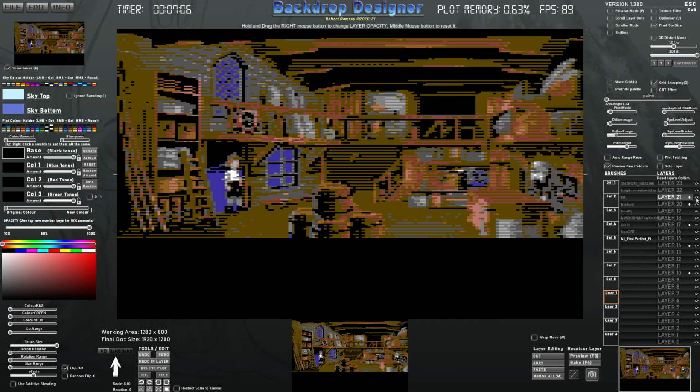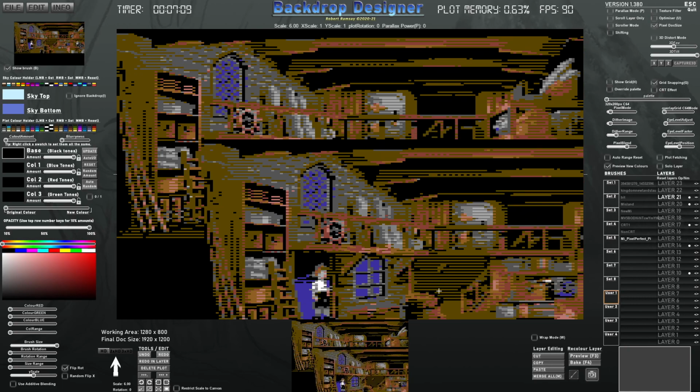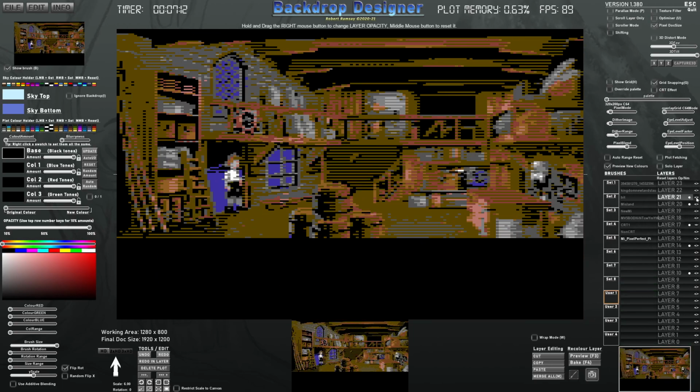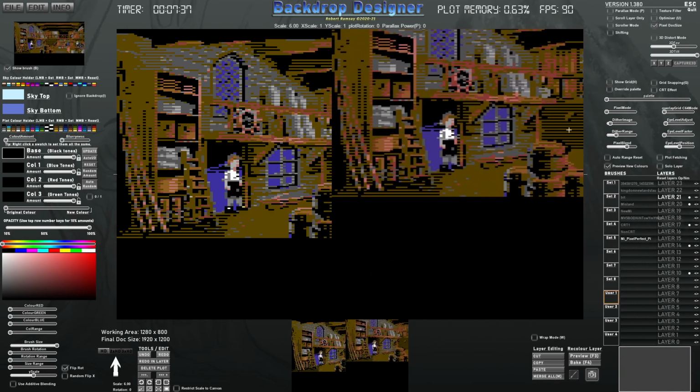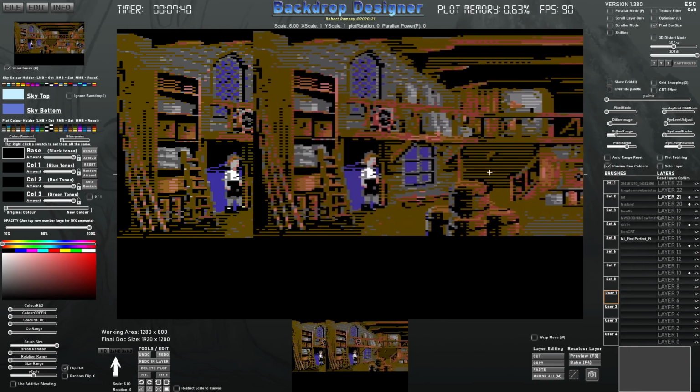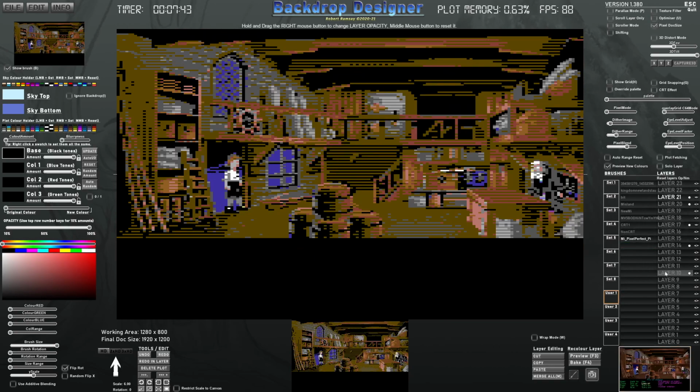There is a bit of an issue where it's not sitting perfectly right, and that seems to happen a lot. I think there's a little kind of shifting issue. But let's just go back to that, no pixel mode, turn that off, and yeah, you can kind of see the changes. There's not much difference. Right, very little in it. Just a few highlights here and there, so you can maybe bring those back in. So that's what you want to do to get it working for a Commodore 64 really,